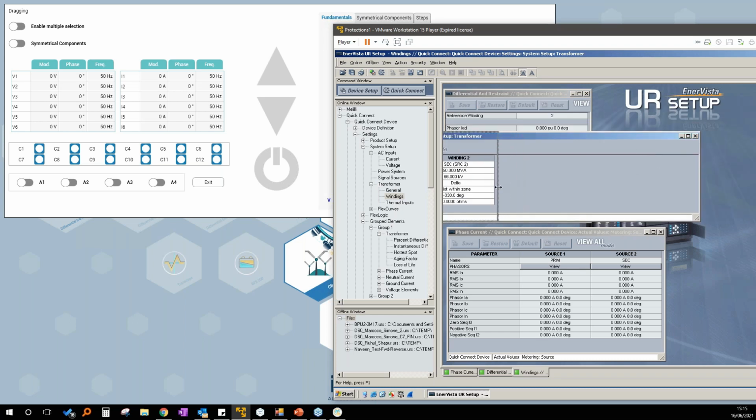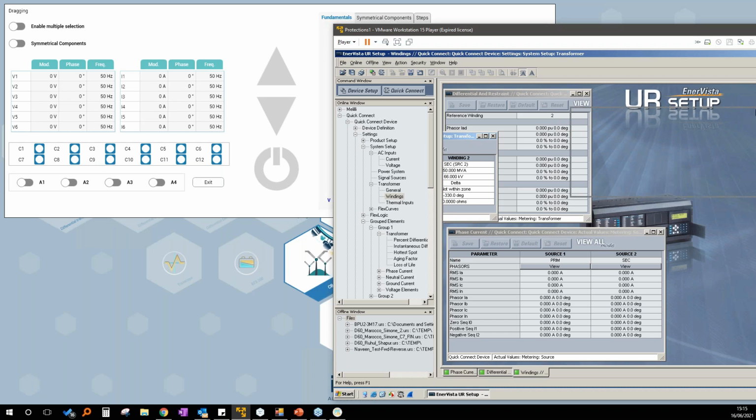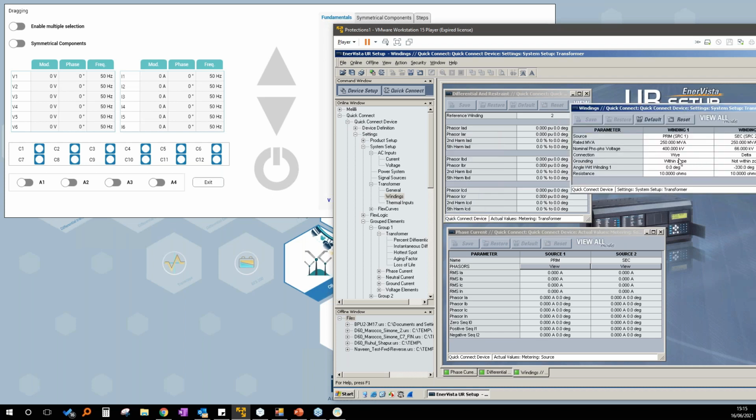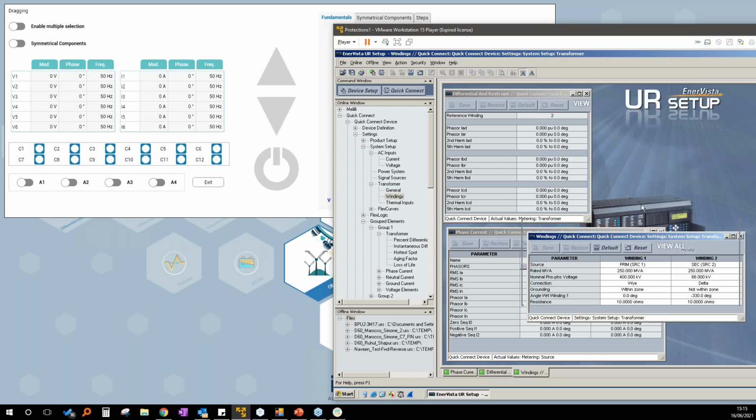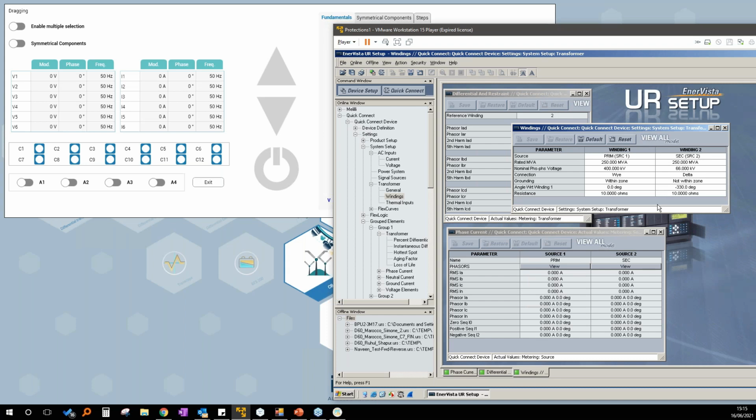We can see that it is a Y. We read it just once and then we will not see it anymore. So it is a Y delta vector group.